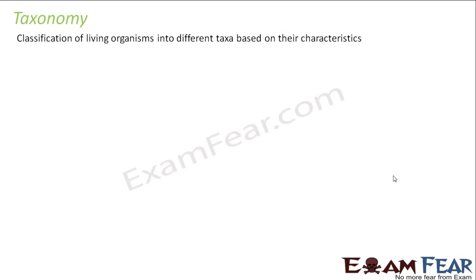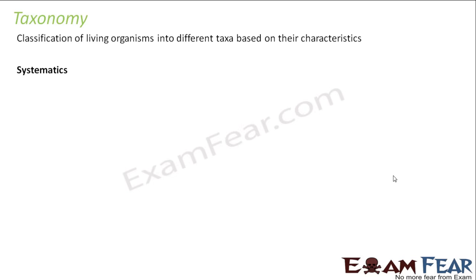Now, let us see what is taxonomy, something related to taxa. It is the classification of living organisms into different taxa based on their characteristics. So basically, this is the scientific name of classification. Even classification is the same thing. So it is a branch of science which deals with classifying living organisms into different taxa based on their